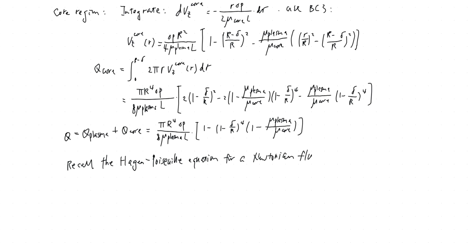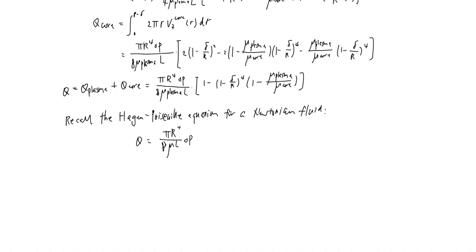So we have Q equals pi R to the power of 4 over 8 mu L times delta P. If you compare these two,